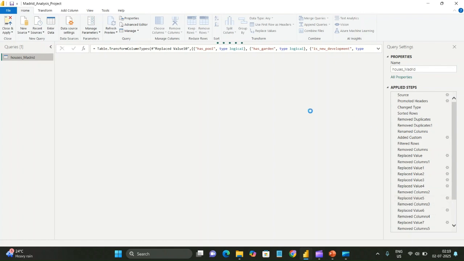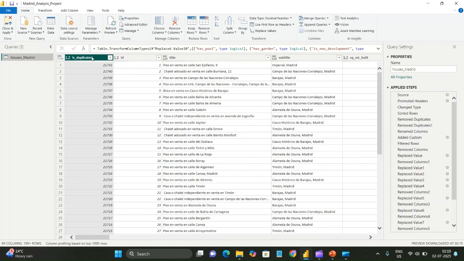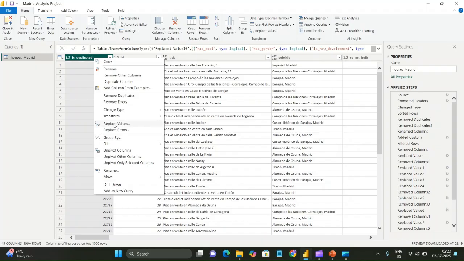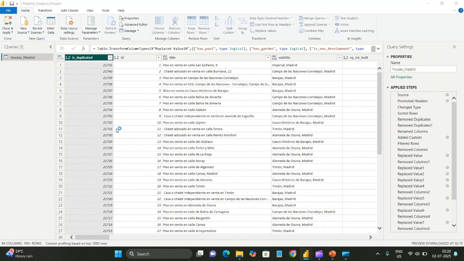Even if you are removing data, replacing any null values, or any other values, you can replace them as well. If this is the column and I want to remove duplicates, I can select the remove duplicates option and remove whichever duplicates are in it. Side by side, if I want to replace the values, I can select the replace values option here. Whichever value I want to replace, I need to put that value